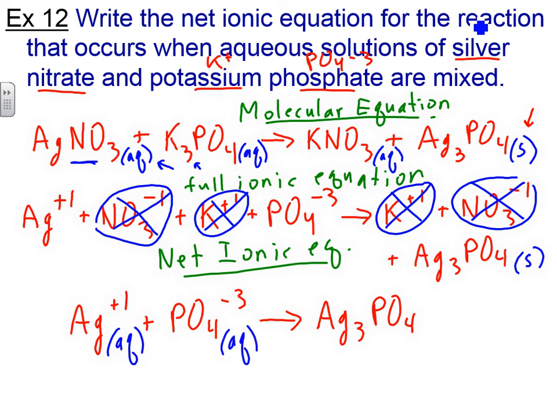And this really shows me what reacted in the precipitate reaction. We also have to make sure the equation is balanced, so you do need a 3 in front of the silver in this case. Put a 3 right in front of here, because we have 3 silvers on the right side. And this actually is the net ionic equation that we're getting to. So we're going to practice doing a bunch of these, but this concludes video 7 of the